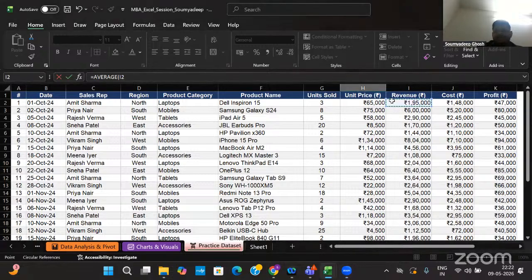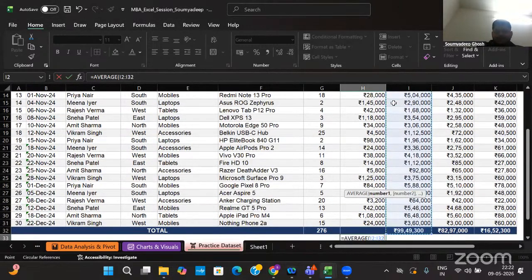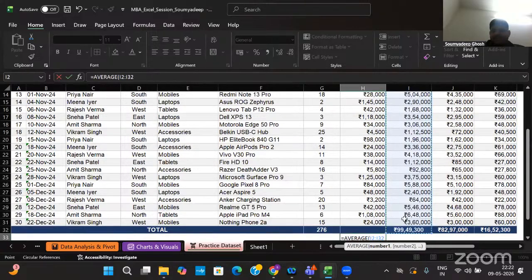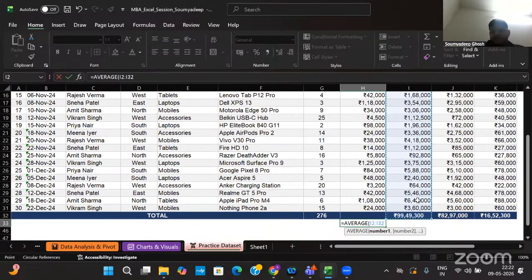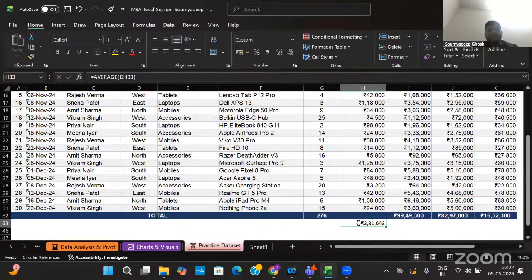Yes, I'll select here. I'll just go Control Shift down arrow. But you can see there is one additional cell, the total cell, which is also getting selected. In that case, I'll click Shift up arrow, then this particular column, the last one, will not be selected. Then I'll just close this bracket and I can get the average of it.